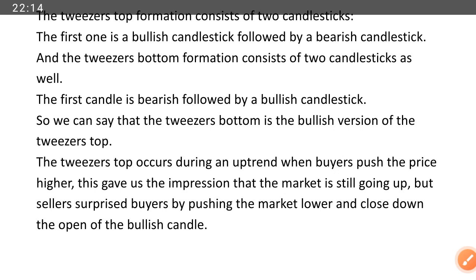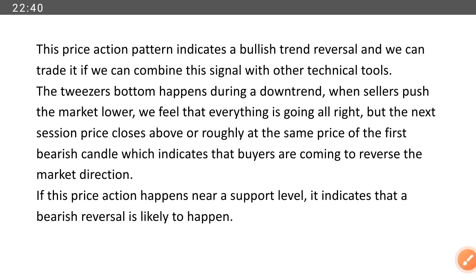The tweezer's top occurs during an uptrend when buyers push the price higher. This gave us the impression that the market is still going up. But sellers surprise buyers by pushing the market lower and close down the open of the bullish candle. This price action pattern indicates a bearish trend reversal, and we can trade it if we can combine this signal